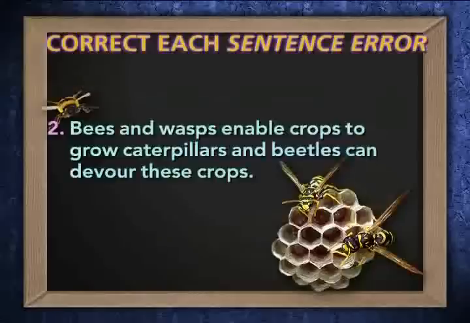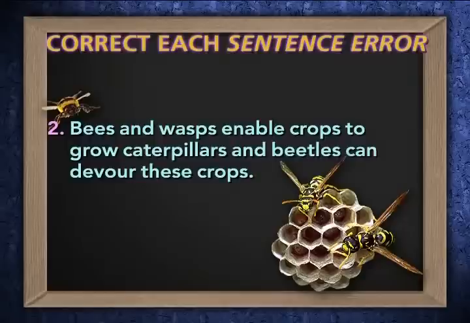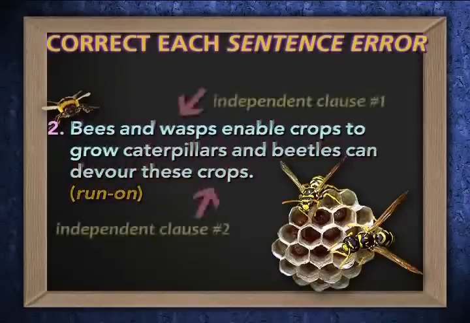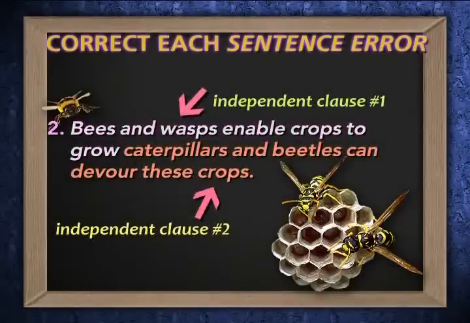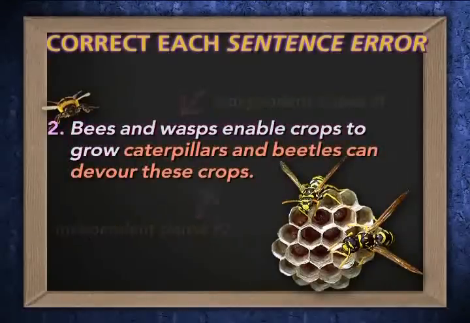Number 2, bees and wasps enable crops to grow. Caterpillars and beetles can devour these crops. Well, this is obviously a run-on because I've got two independent clauses that are run together, that are pushed together